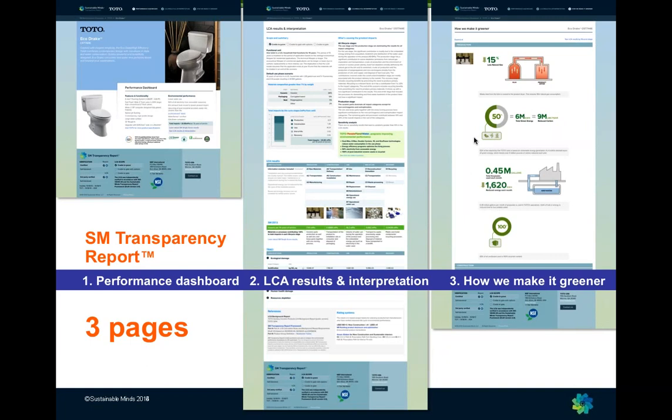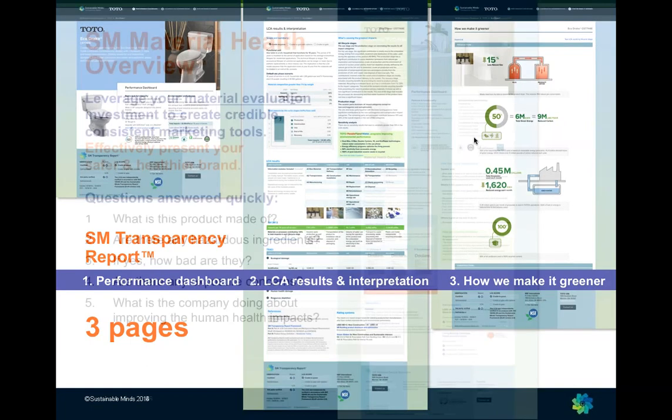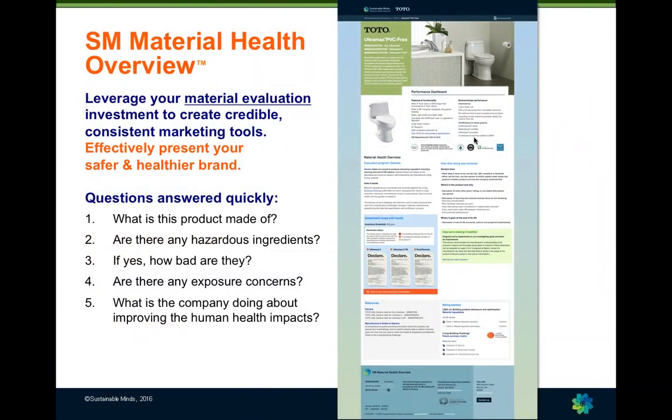And the user can read as much or as little as they like. Now, the material health overview is our second transparency product. All our transparency products are based on page 1 of the transparency report. Everything somebody needs to make a purchase decision is all right there. Pictures, descriptions, functional performance, environmental performance, links into the